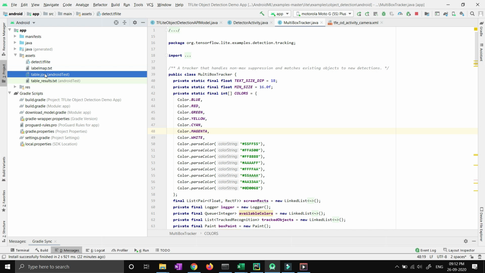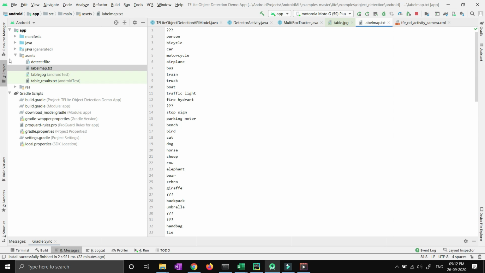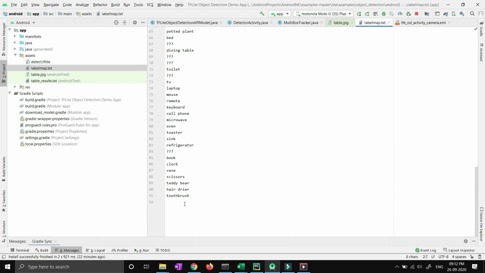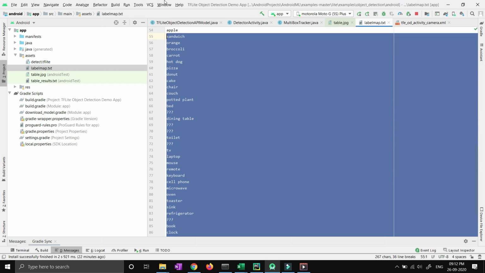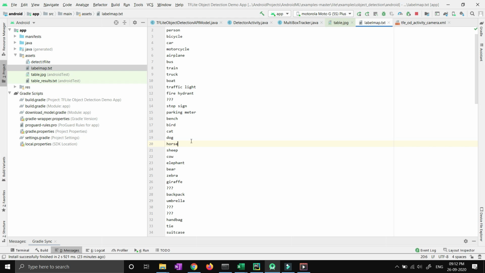This is for testing purposes, and you will see the label map, like person, bicycle, motorcycle. You can see around 90 categories we can detect, right? But inside there are 80. I'm saying 80 because there are some commas over there, so it is around 80, right?